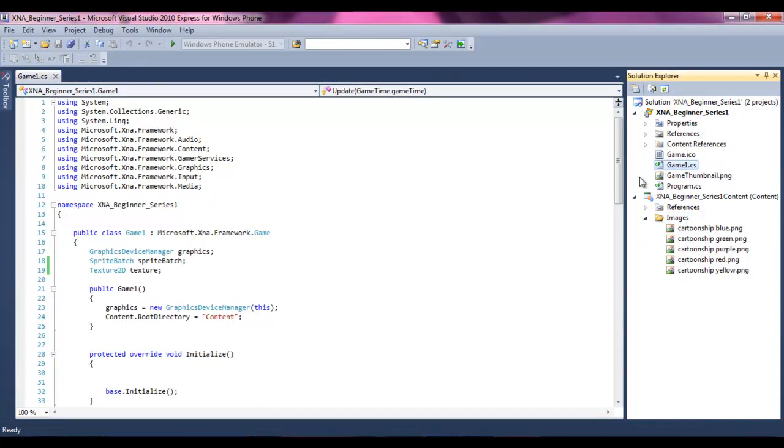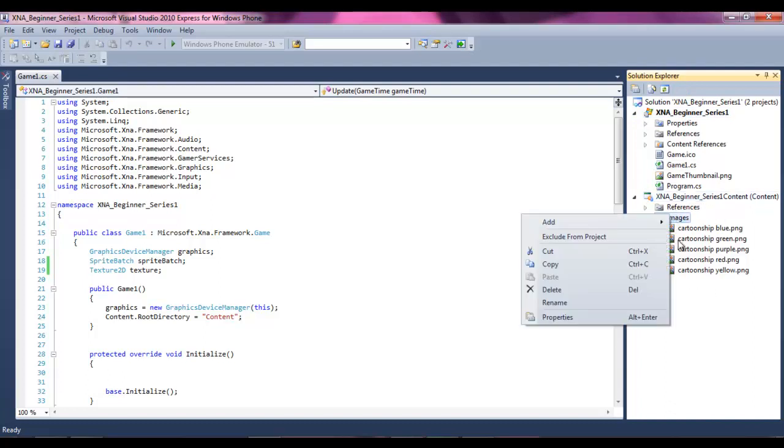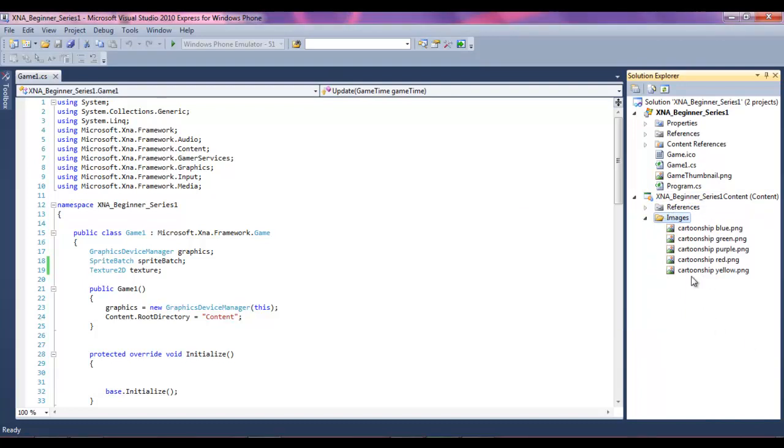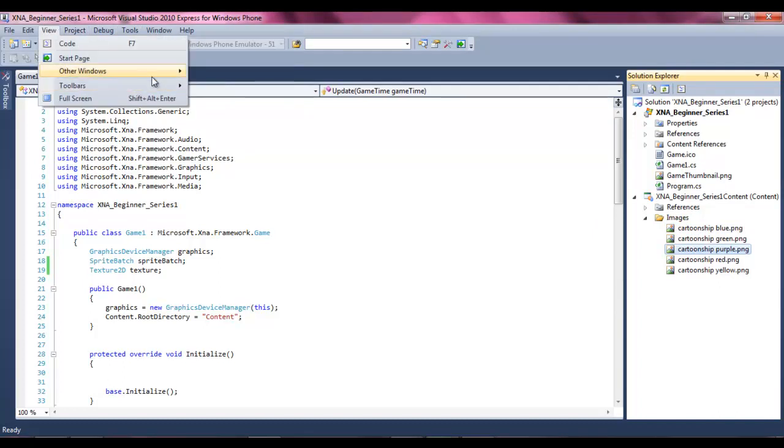Delete the folder I just made you create. I put it inside the wrong portion of the project. It's supposed to be in the content. So right click, add the folder, and then once you right click and add that folder, add existing items, and then find all of the cartoon ships. If we click on these, let's click on purple, and then go to View, and then Other Windows,